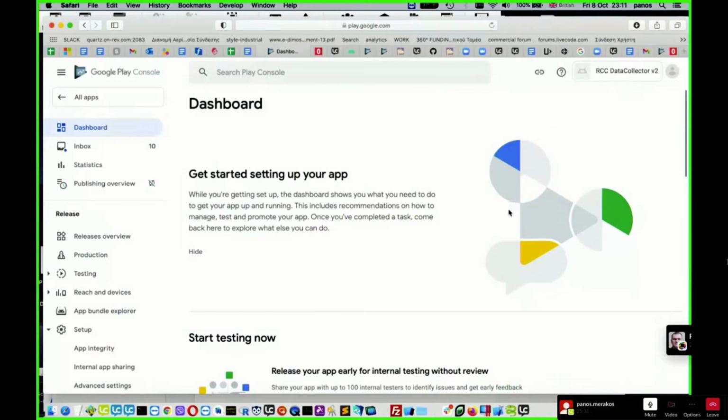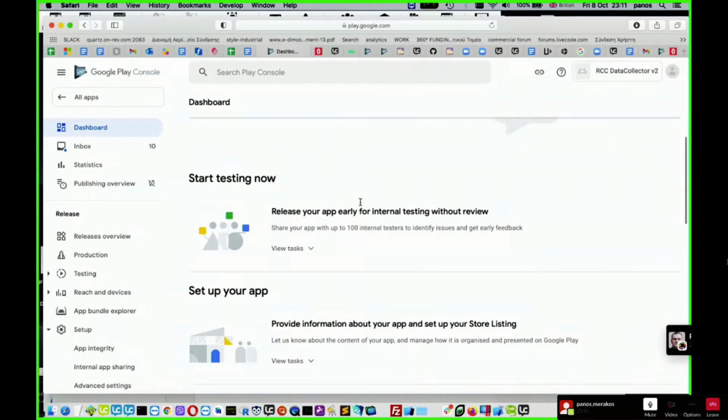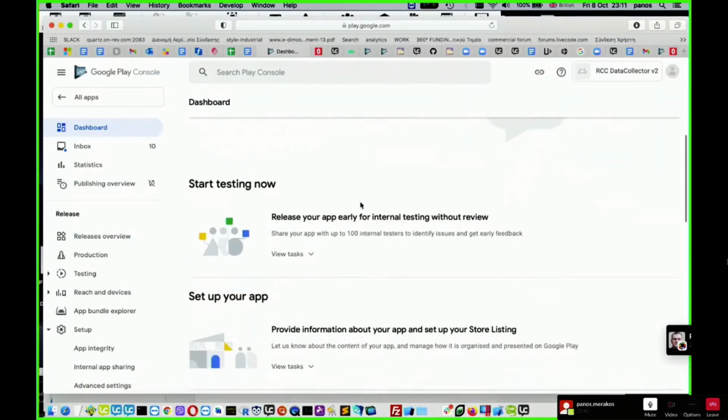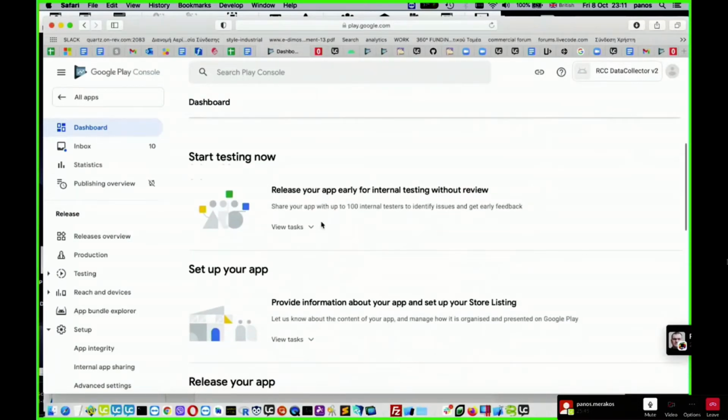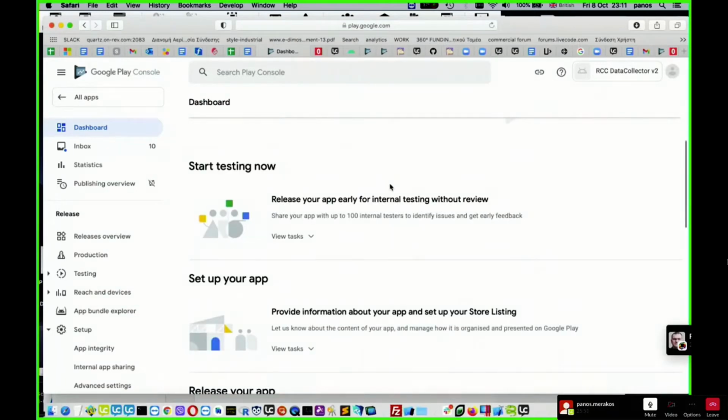And now, at the top right, you see the current app. And there is a lot of other information which you have to provide. These are different sections, and each section has several fields to fill with info. For example, this one says start testing now.